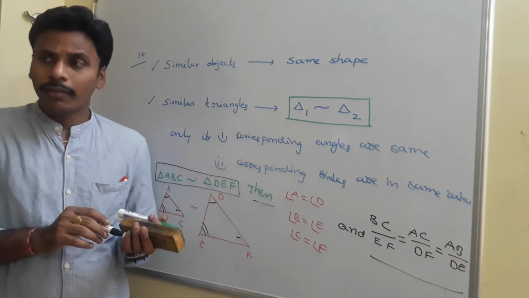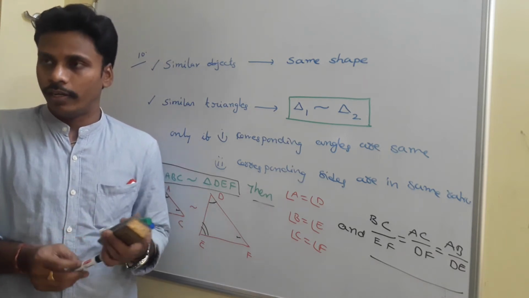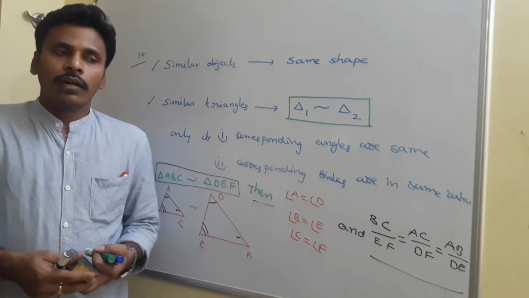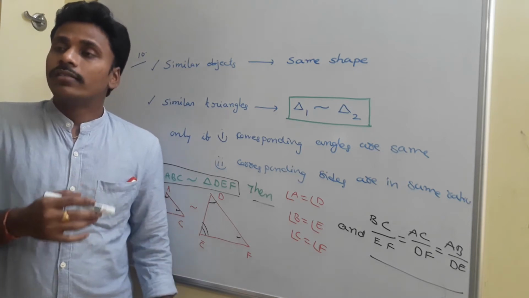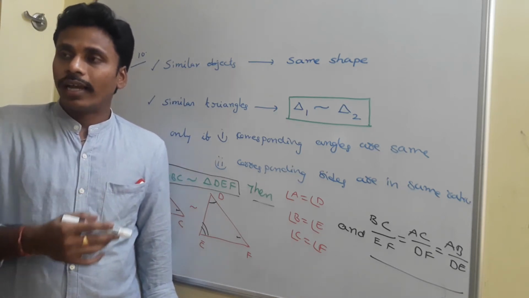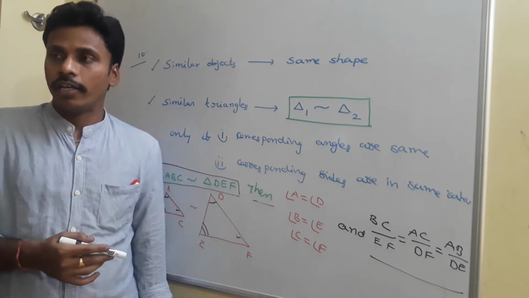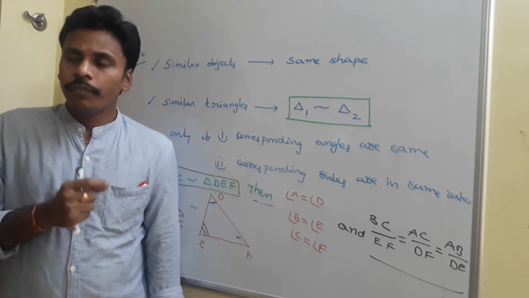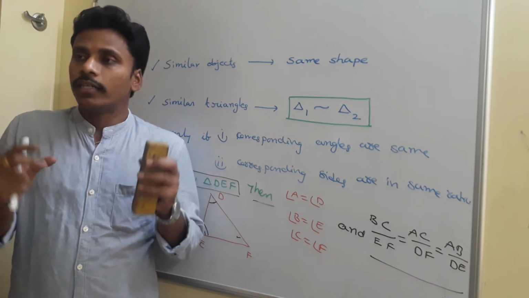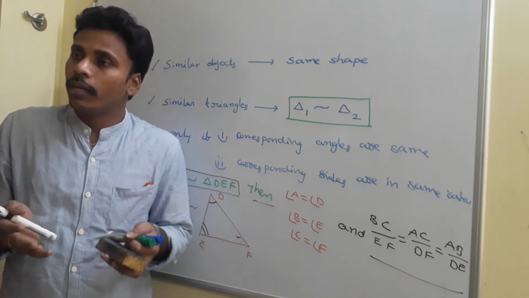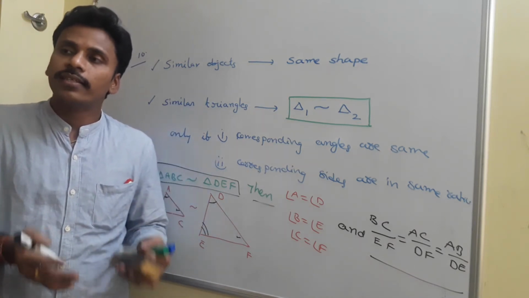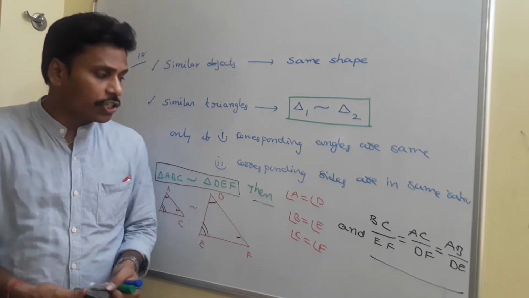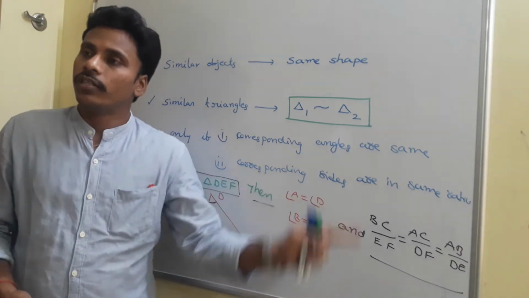And you learned about congruent triangles in your 8th standard. There are certain congruency axioms, which we call congruency criteria. In a similar fashion, we have certain similarity criteria. To confirm whether two given triangles are similar or not, you need to check 6 conditions. What are those 6 conditions? 3 angles and 3 sides.